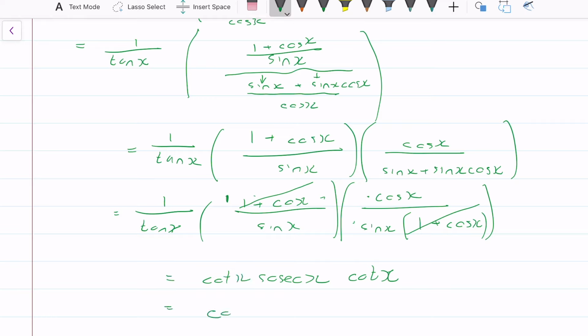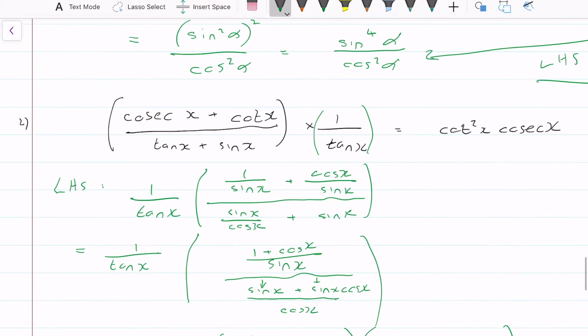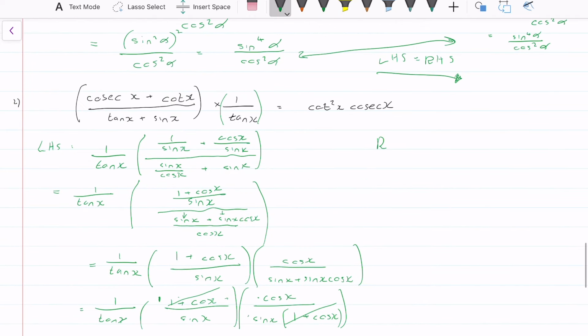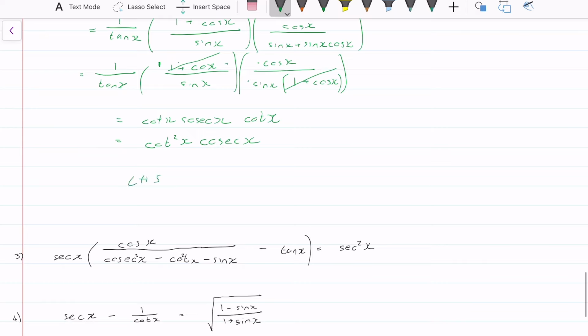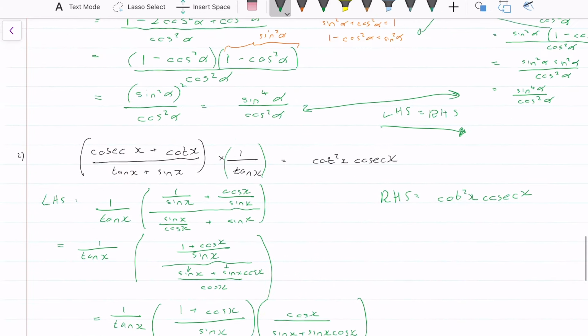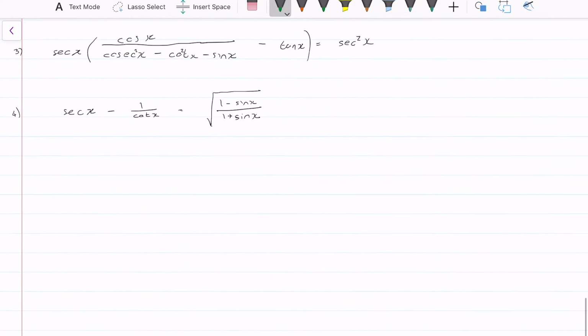So we're left with cot squared x cosec x, and that is exactly our right hand side. Our right hand side is equal to cot squared x cosec x. So we can say that our left hand side is equal to our right hand side. Okay, so again, a little bit of work, kind of hard, but manageable. Okay, so the next question,